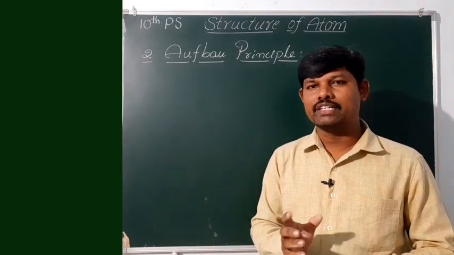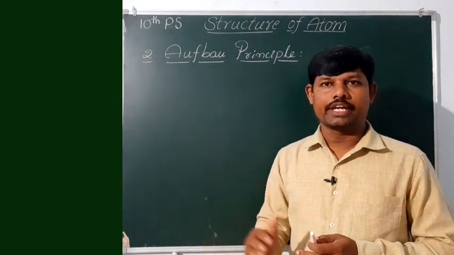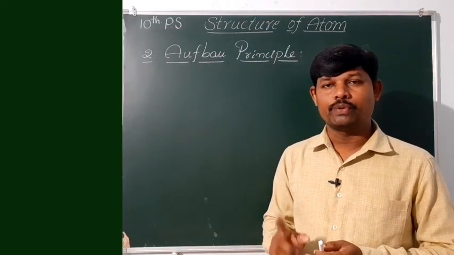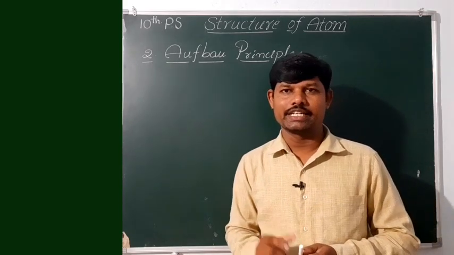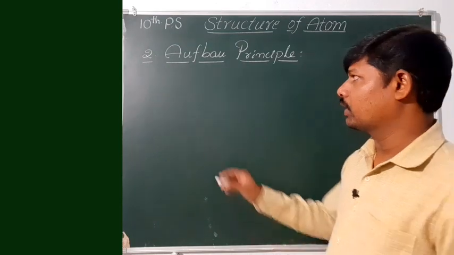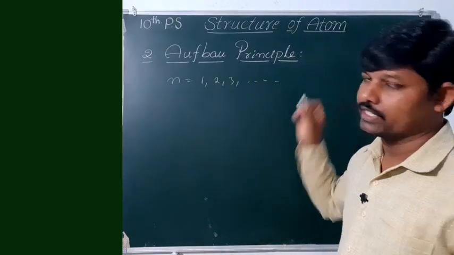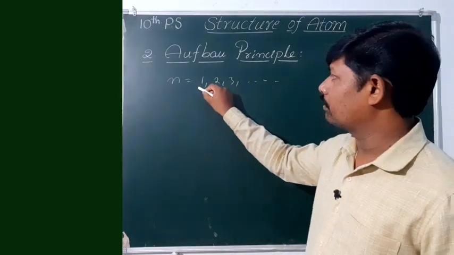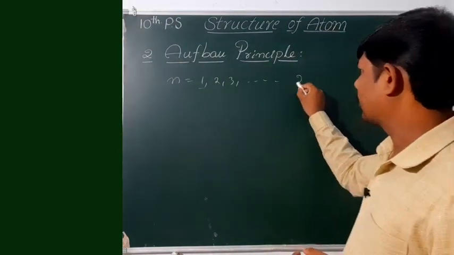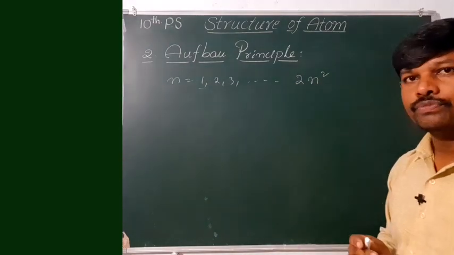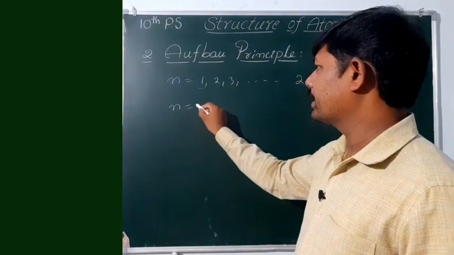So how many electrons are present in the main shell? How many electrons are present in the subshells like orbitals s, p, d, f? What is the criterion to find out the number of electrons present in the main shell and subshells? Let us see. In the main shell, for example, the n value we know is 1, 2, 3 and so on. So in the first shell, how many electrons are present? We can find out by using this formula, 2n square. That means if n is equal to 1, the first main shell,